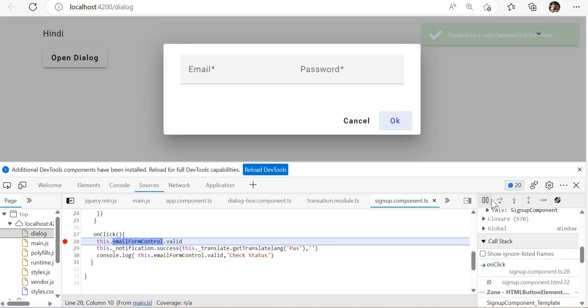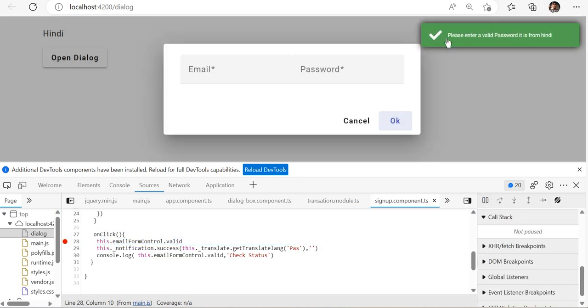So now you can see according to your Hindi, this toaster message is coming and also this is getting translated over here. If you don't want to use it in the toaster message, there are some cases where you need the translation from your TypeScript file to HTML. It's not that you always have to translate from the HTML file only. Some cases will come. In that scenario you can skip that button click function and directly use it. For example, what I will do here is